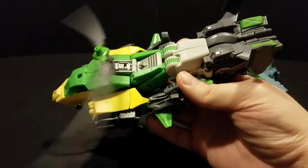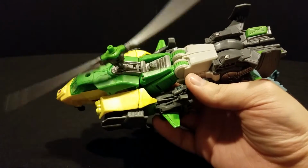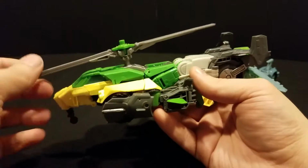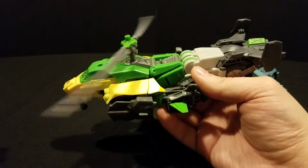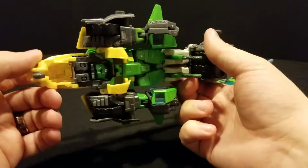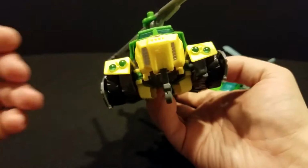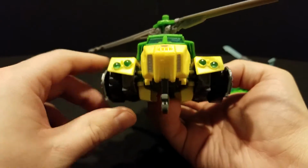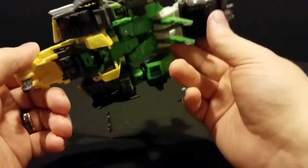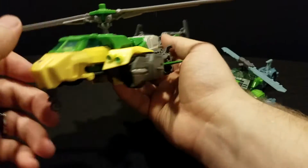His sword has gone up here, become his main rotor blade. I can't remember helicopter terms, I'm sorry. But overall, quite a bit has changed. The wheels are almost completely hidden. You have to look from the underside or directly ahead. You can see the little bit poking out there, but